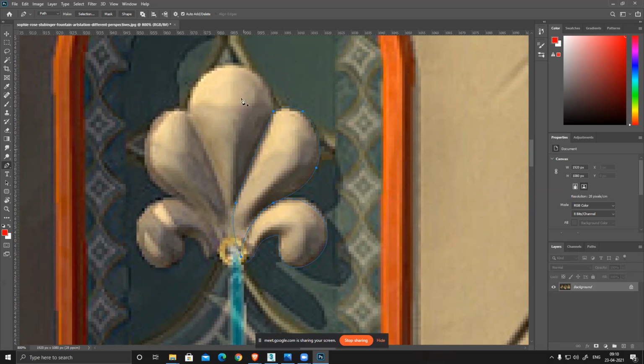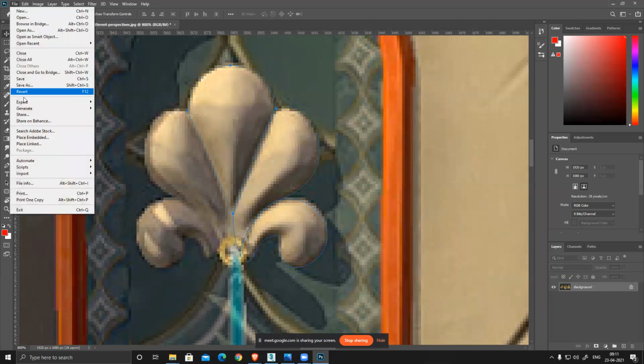Done. Okay. Done. All three of them. So what I'll do, I'll create these three and duplicate these two. Still no one.